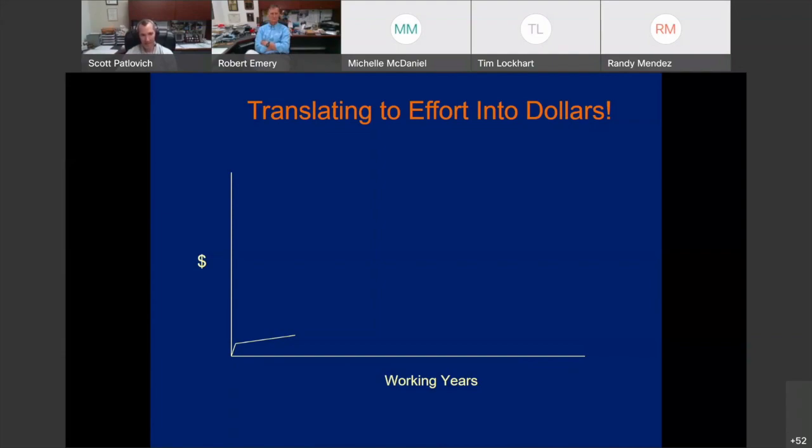And on the x-axis, he has the dollar sign. So the amount of money that over the course of time in your career that you have the potential to make, right? And he didn't put actual dollar amounts on there. He just put the dollar sign. And then on the y-axis is your working years, okay? The total span of your career.